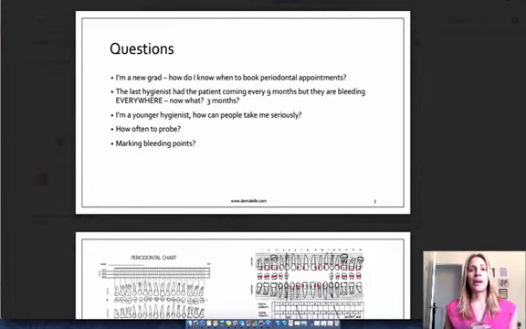I don't like to see patients every year because even if I hadn't had my teeth cleaned in a year, I probably have a lot of tartar there. Just because I know how to brush and floss, but there's some harder to reach areas. So I'll see my patients every year if they're, let's say, 85, but they have excellent oral hygiene or not a lot of teeth left. Those people I would see every year.